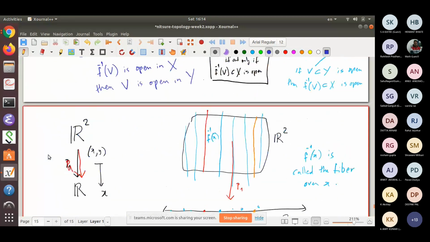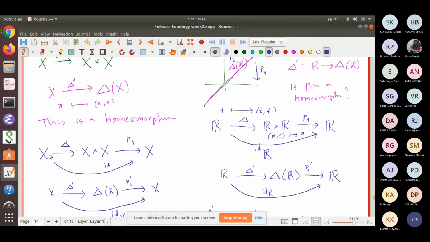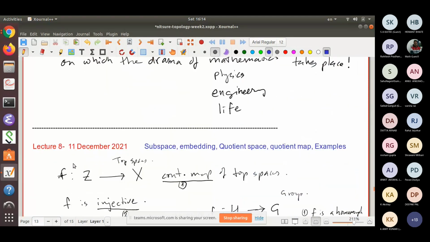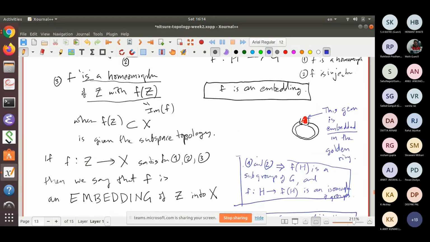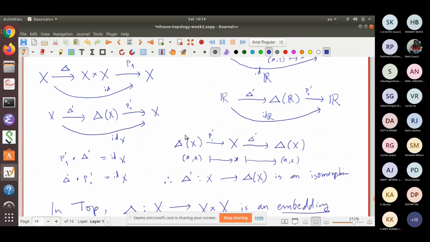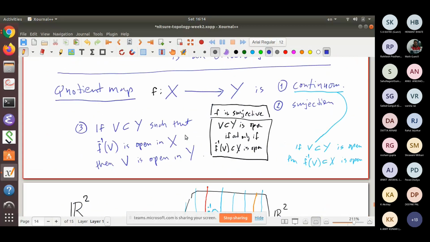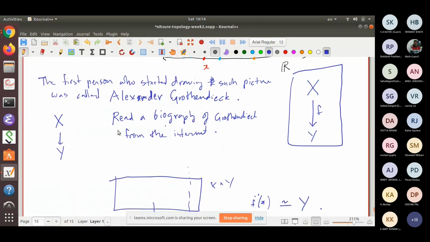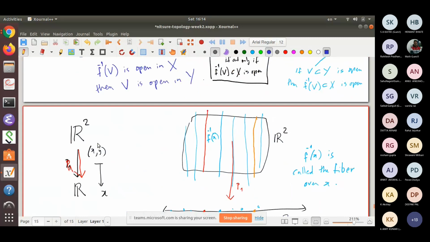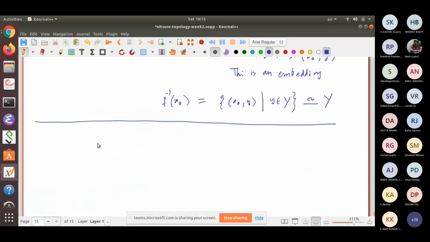So let's turn to the second concept that we defined, which was that of quotient. I have defined embedding. Now I am going to define quotient. Where did I define quotient? Here is quotient. So let's recall what is meant by quotient. Let's turn to this and convert it into an example of quotient. So my question: is P1 going from R2 to R